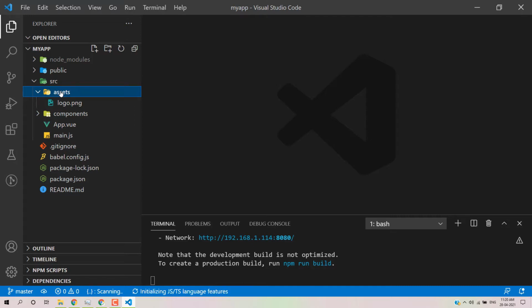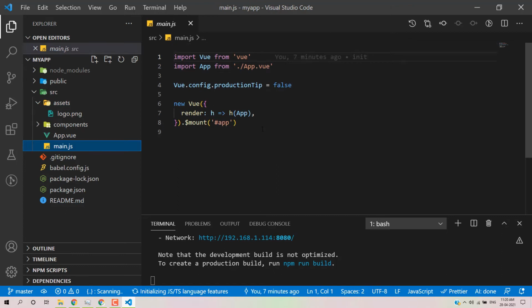So in main, we have the main.js file, which is very necessary. Whenever we run our Vue.js project, this file runs first. Inside it, since we are working with Vue.js, we have imported Vue, and then we have imported App.vue. This is default code. You don't need to update it. You can update it, but right now we will not update this particular path. Okay, so I'll save this part.